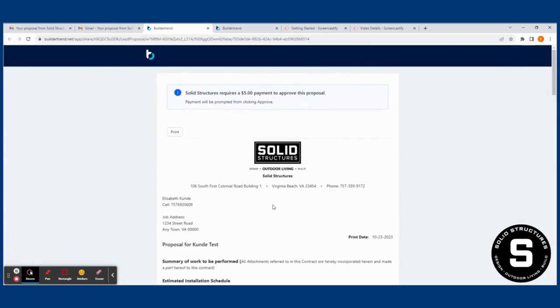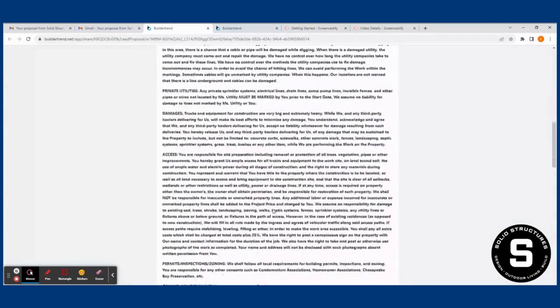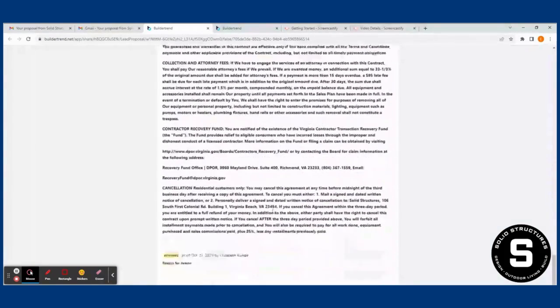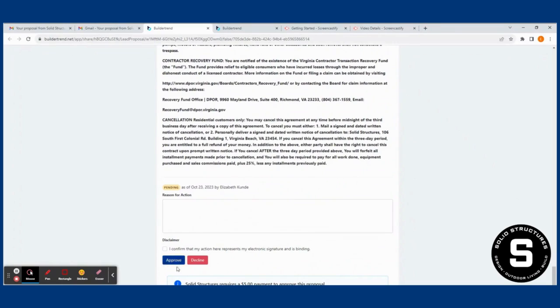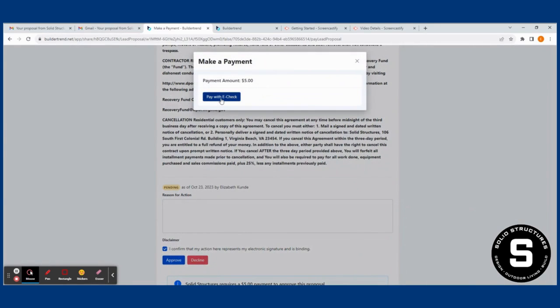Click View Details, review your proposal, read all contractual information, and then you can make the decision to approve or decline the proposal. If you approve, you have to confirm that the action represents your electronic signature, and this choice is binding. You will then be given the option to pay with an e-check,